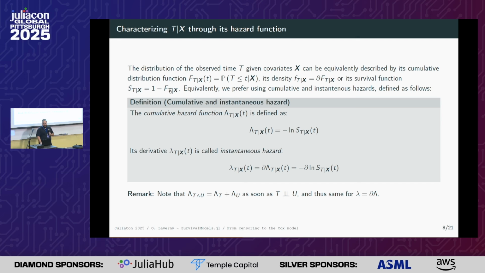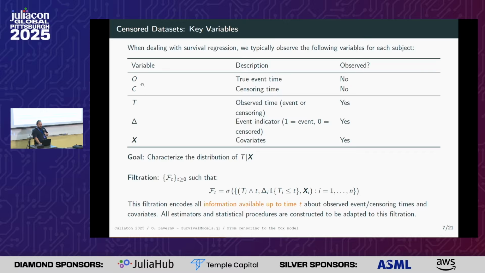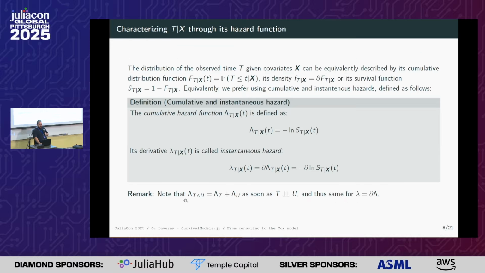Those things are equivalent, but in survival analysis, we prefer to characterize things through their hazards, which are the negative log of the survival function, or the derivative of it. Why? Because the problem that we have here is a minimum. T is the minimum between O and C, and the hazard of a minimum is the sum of the hazards as soon as we have independence. And therefore, these characteristic functions of the random variables are used in survival analysis to model things, because it allows us to transform this minimum in the realm of random variables into a plus, a much easier operation to